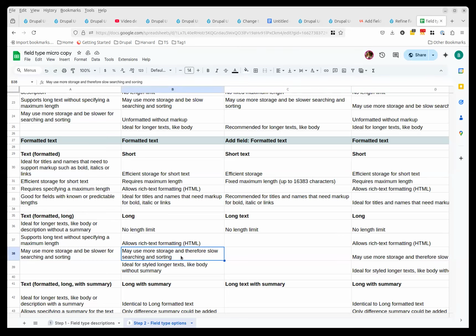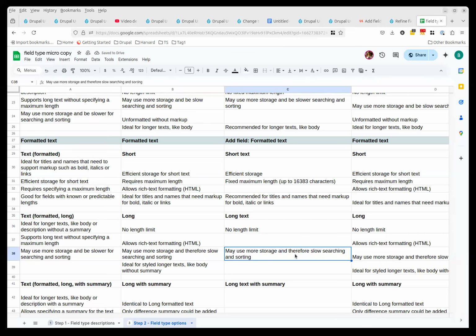I think making the implication explicit, that it's slow for searching and sorting, is useful for less technical folks. Yeah, I think it makes sense to add. You're right. Technical users will automatically make the connection between efficient storage and speed in searching, but non-technical users will not. So shall we keep that,